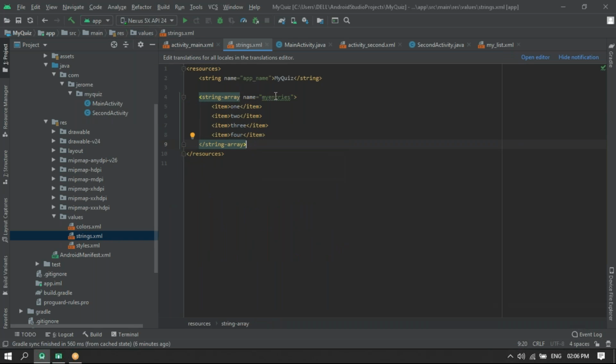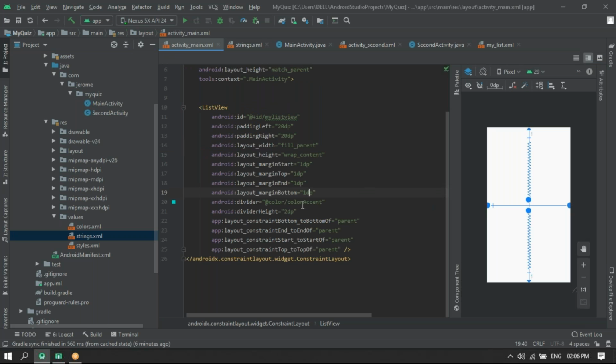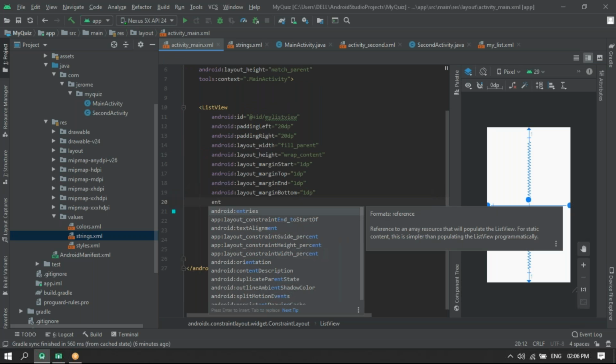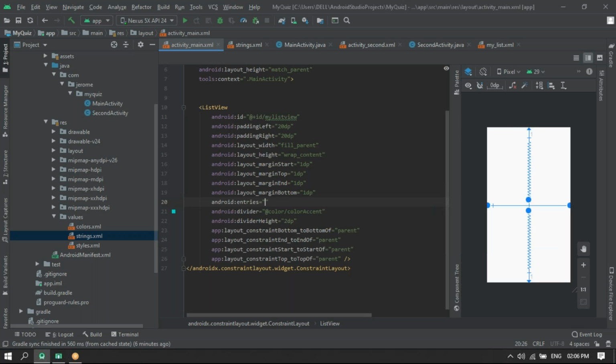Here we can give the entries. So it's an array. So the array name is my entries, and you can set it directly from here using the entries tag. So the other way is using